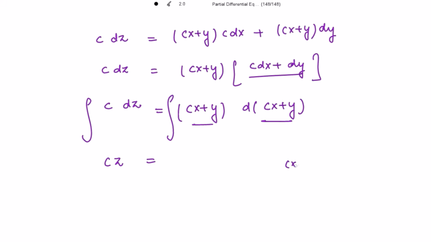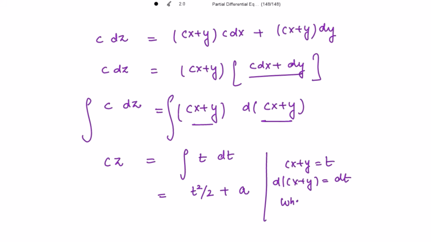You can put cx plus y equal to t, and then d of cx plus y will be equal to dt. So you will get the integration of t dt. And when integrating this, we get t square by 2 plus the constant a, let's say,